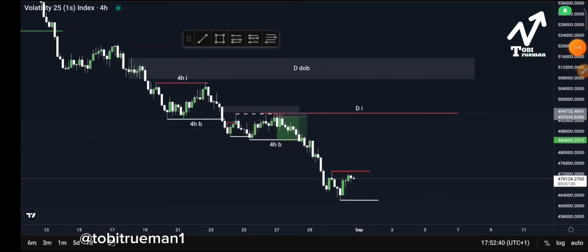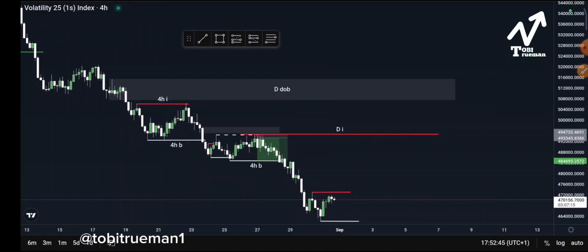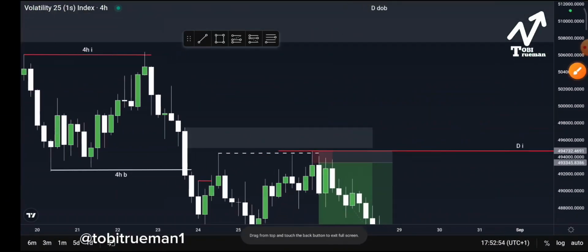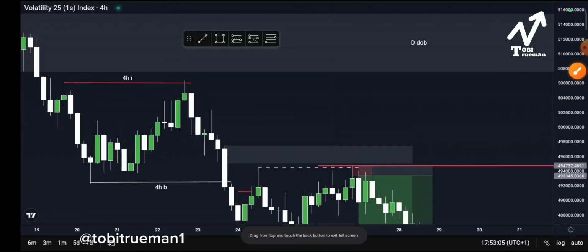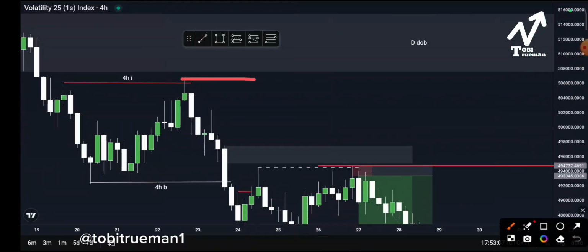So looking back at this particular structure, this is a Volatility 25 index. So what is happening here? Let me zoom in the chart. We know what is happening here already. Price on the 4-hour time frame has come and taken out the 4-hour inducement, giving us our evening star candlestick pattern. When I saw this trade, I was waiting for price to come and mitigate this single candle order block, but price never did. So price just came,